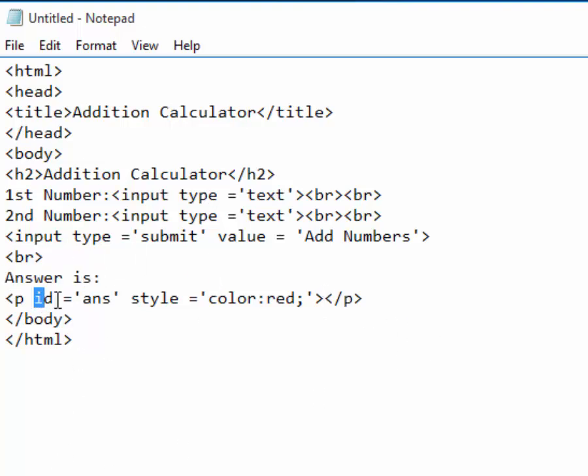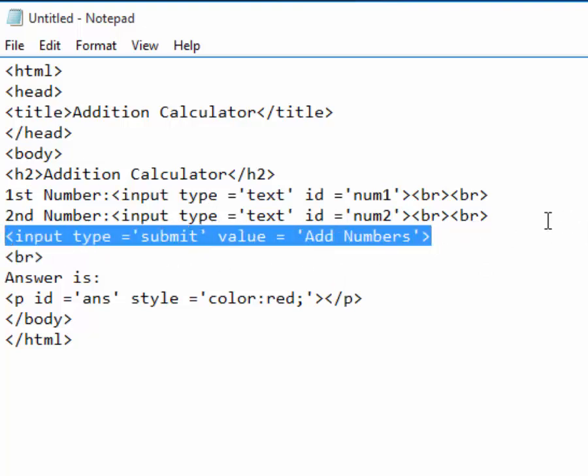Then it has a unique name called ans given by the ID. The other things I will also name, like this text box, I will give it an ID, and let me give it num1, and even here ID, and let me give it num2. That is okay. And in this button I am going to create